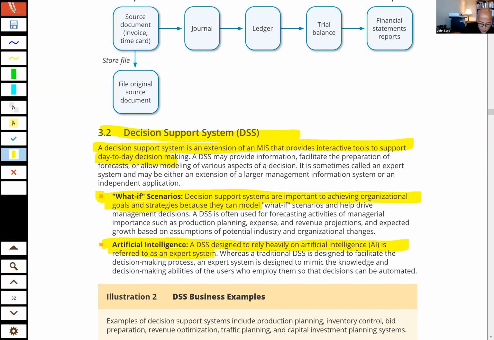And you can go ahead and flashcard that because I don't think that we necessarily think of artificial intelligence as an expert system. So that's kind of a definitional thing. So you can flashcard that. But example there,